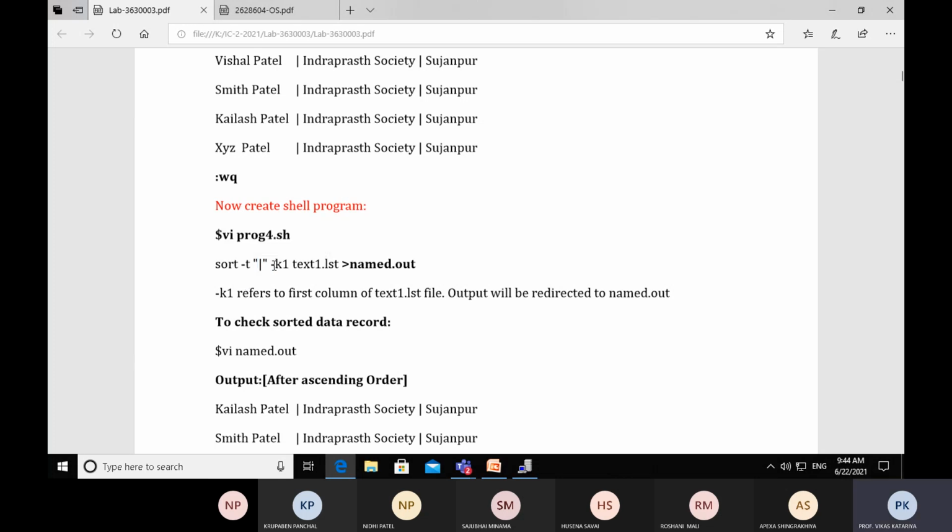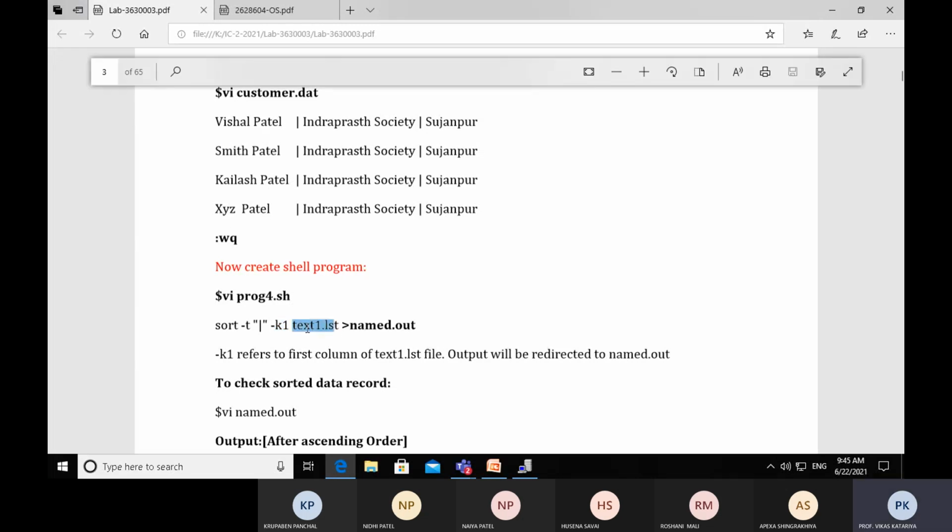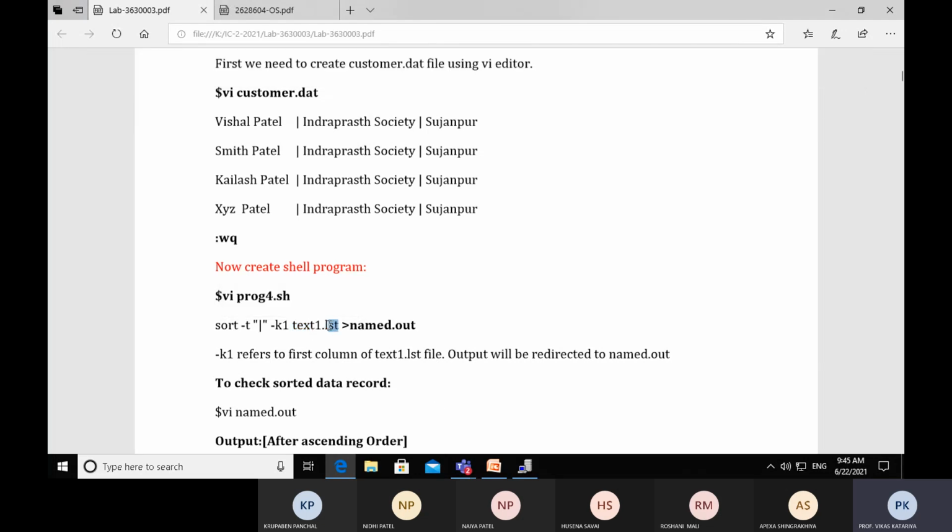Now space dash k1 means we have to perform sorting based on customer name, and we have seen that customer name is in the first column. So dash k1 indicates we are applying sorting on the first column, and text1.txt is the name of the file. We have created customer.date, so you have to mention customer.date here.